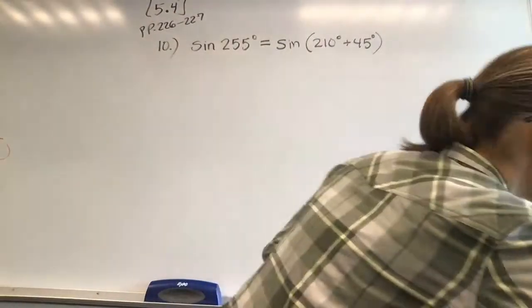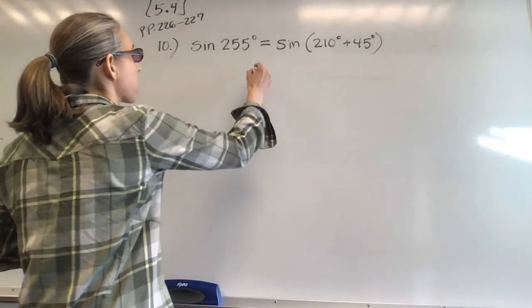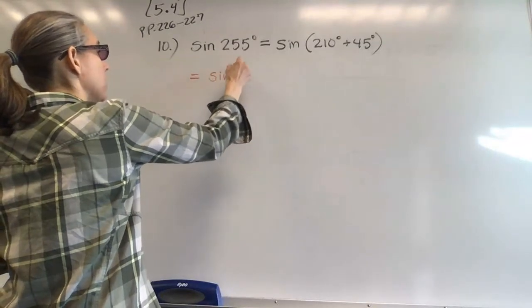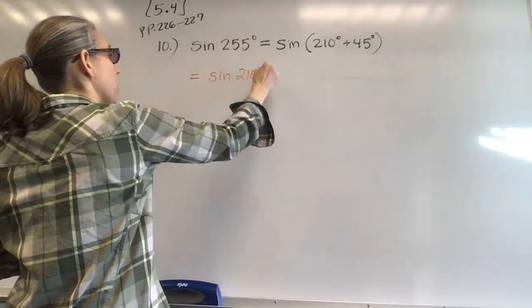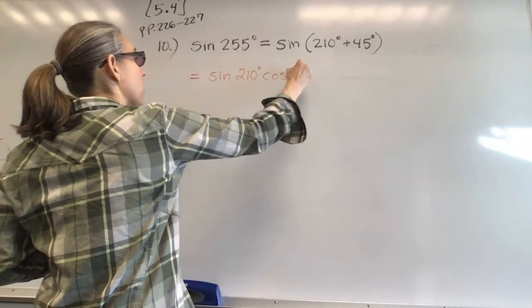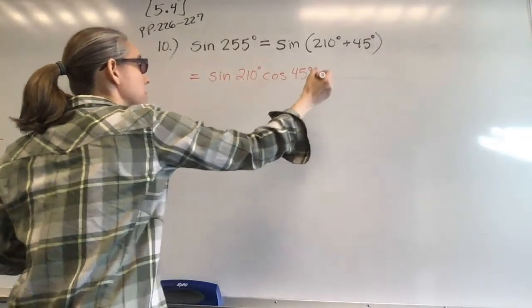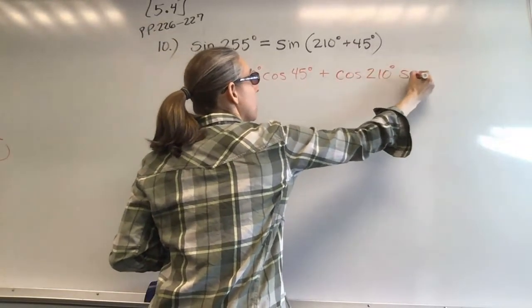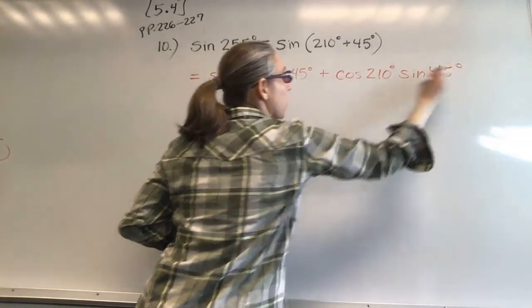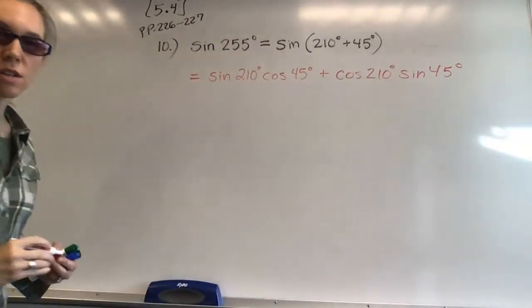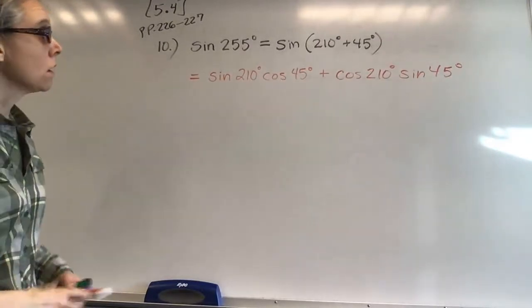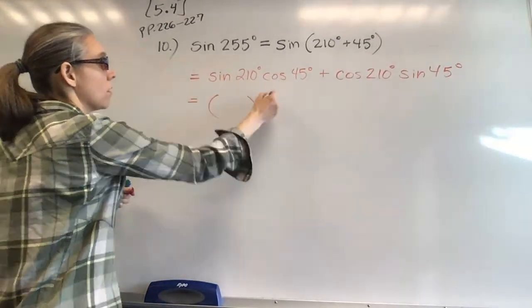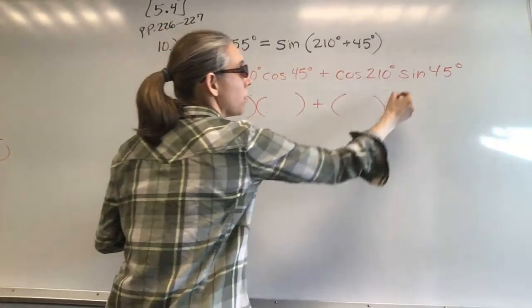So that means I want to write this as the sine of 210 cosine of 45, and then plus cosine of 210 sine of 45. Now, if you swap those, it doesn't matter. Multiplication is commutative. So now what I do is I substitute each of these with their respective values from the